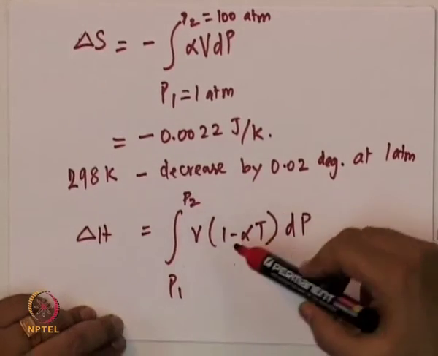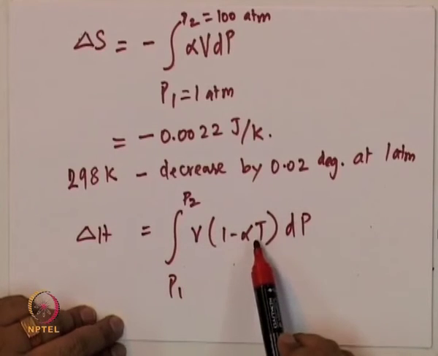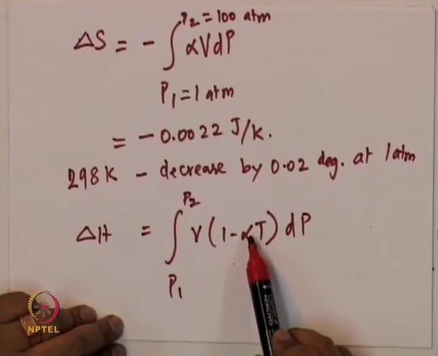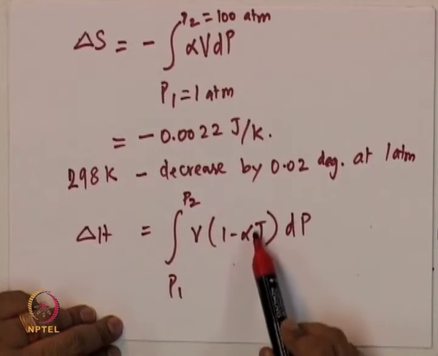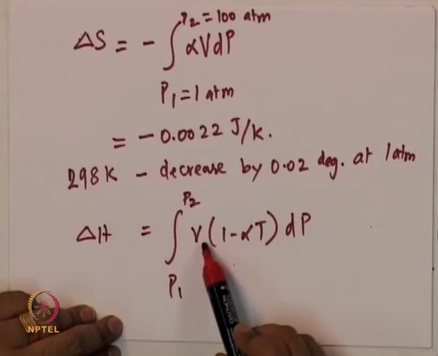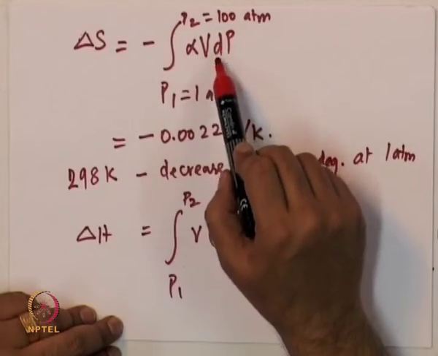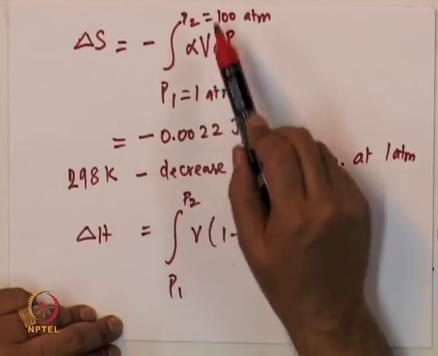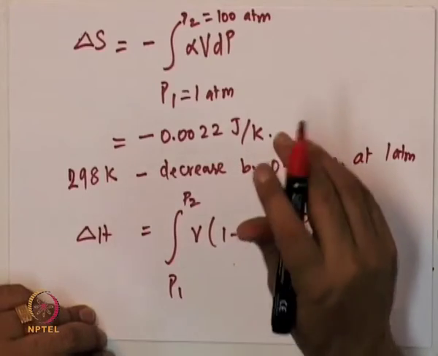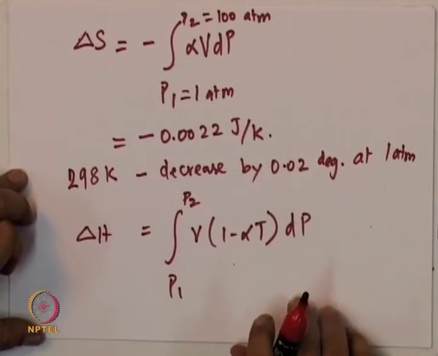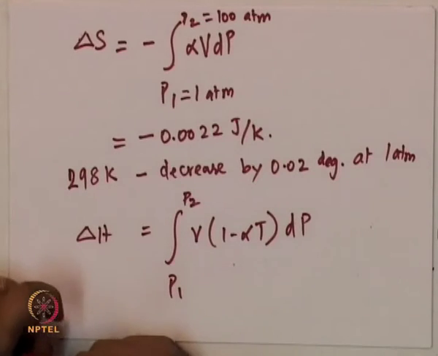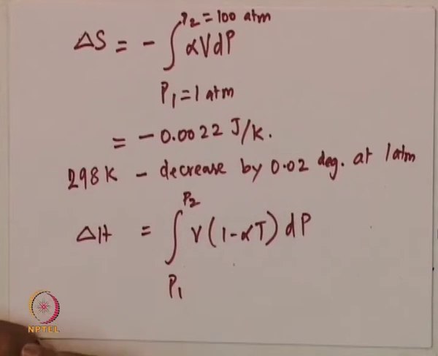It is possible that the molar volume and alpha, the isobaric coefficient of thermal expansion, are pressure dependent. So, they can be made functions of pressure, and similarly here, alpha and V as functions of P in the dP integral. So, it could be some polynomial that you are trying to integrate. Again, if you are looking at very small changes in pressure, and typical changes that we have been talking about are between say 0 atmospheric pressure and 1 atmospheric pressure,